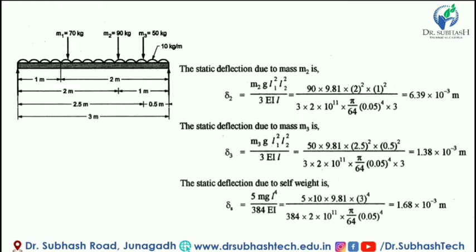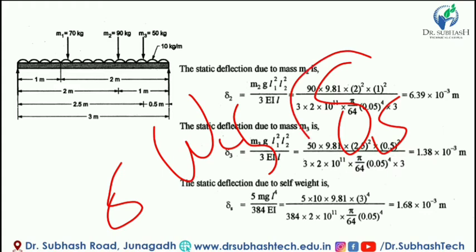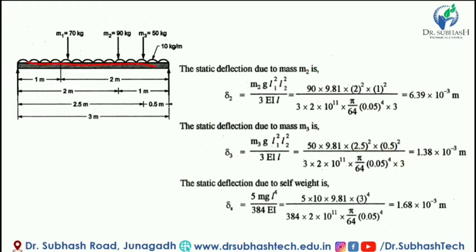Now we have to find the value of omega cs, the static deflection generated due to the self weight of the shaft. If the length of the shaft is large and it is supported by two simple supports at the ends, then the shaft bends due to its self weight. So we consider the static deflection due to the self weight of the shaft, meaning no rotor on the shaft, only the shaft mounted on the bearings, but due to its own weight,